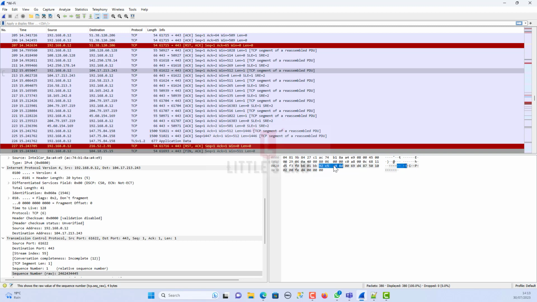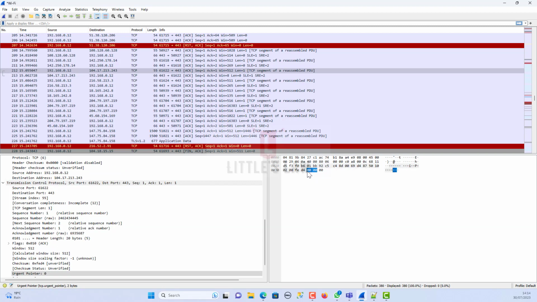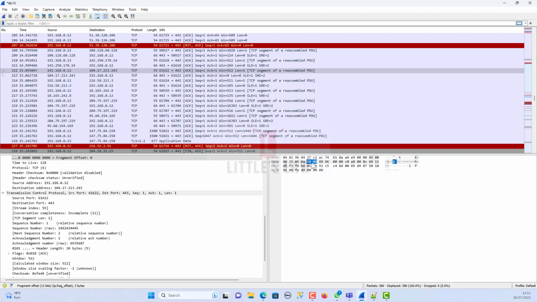Imagine we are reading a book about how data travels on the internet, and suddenly we come across a beautiful diagram that shows us exactly what is inside the packet. It is a visual representation of the packet's structure and its content. When I click on a packet in the list, the packet diagram pane comes to life,